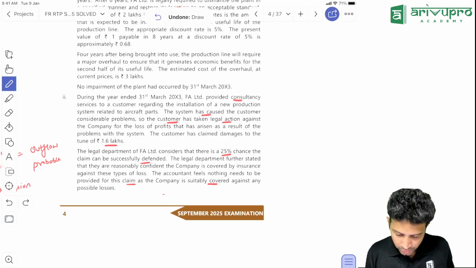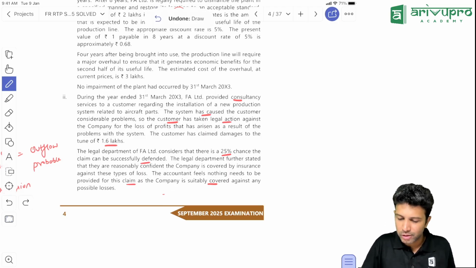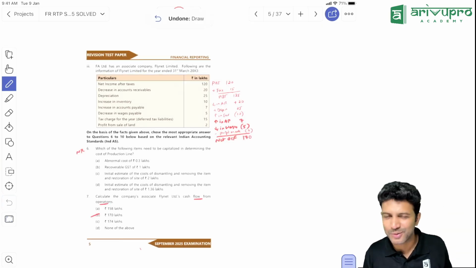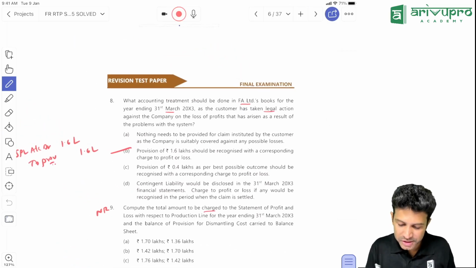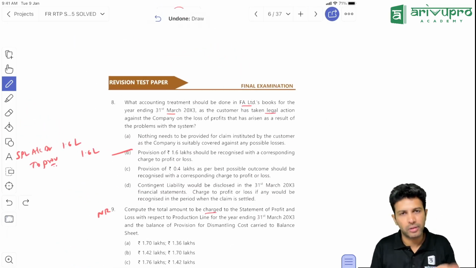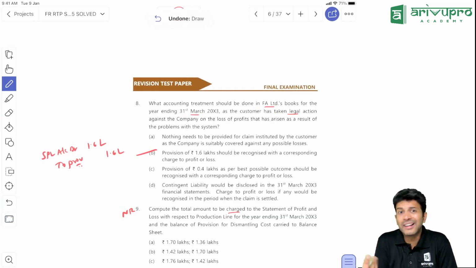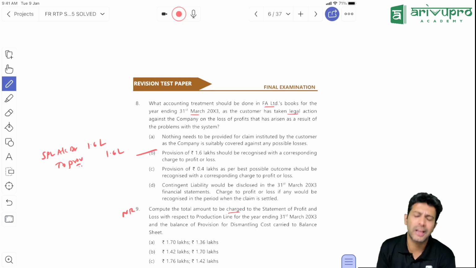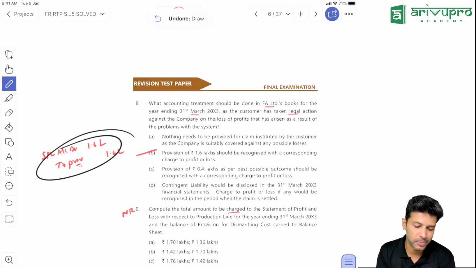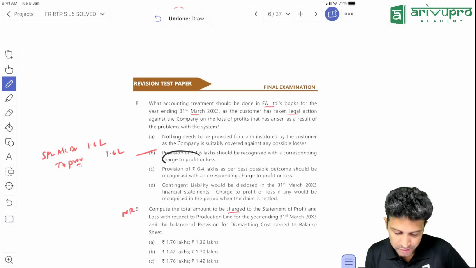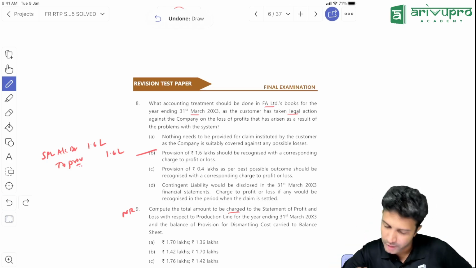Okay. All right. The accountant feels nothing is to be provided. Throw that accountant out, he's saying it's useless. We don't have time for all that now. Okay. So now what is the question relating to provision? They're asking what treatment should be done. They didn't give the best estimate, so 1.6 crore only we'll treat as the best estimated amount. We have to recognize a provision with a charge to P&L, because the entry is P&L account debit to provision, right? So B for Bengaluru is the right option for this particular